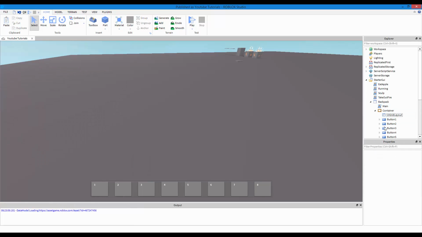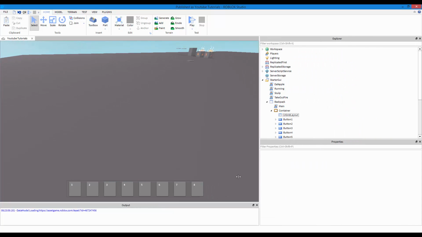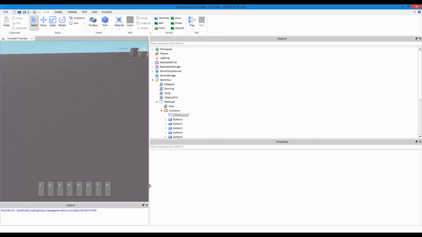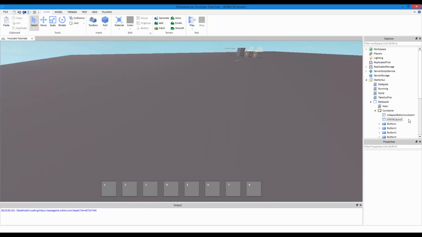If I remove this, as you can see, the boxes are not so square. If I resize it, see how it gets smaller, but then if I press Control Z to put it back in, it stays the same. So now you don't have to script that to make it stay the same, if you know what I mean.